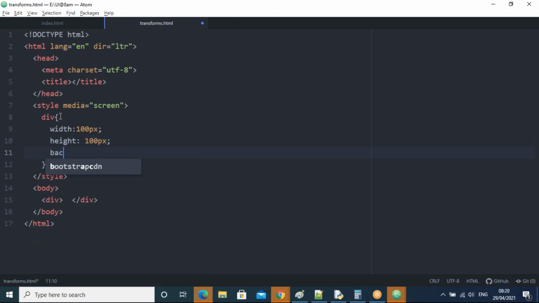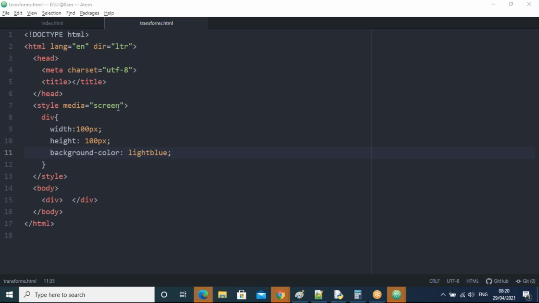I'll take some background color, for example light blue, guys. That's all. I save this one. Now I'll run our file, guys.